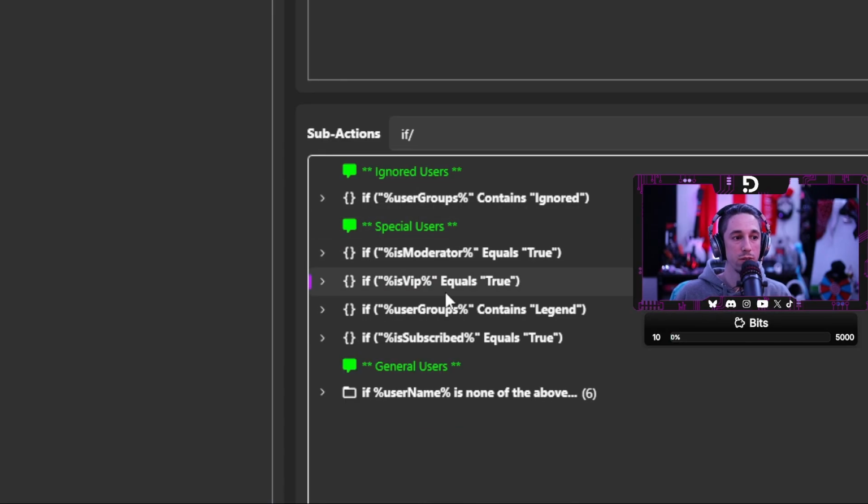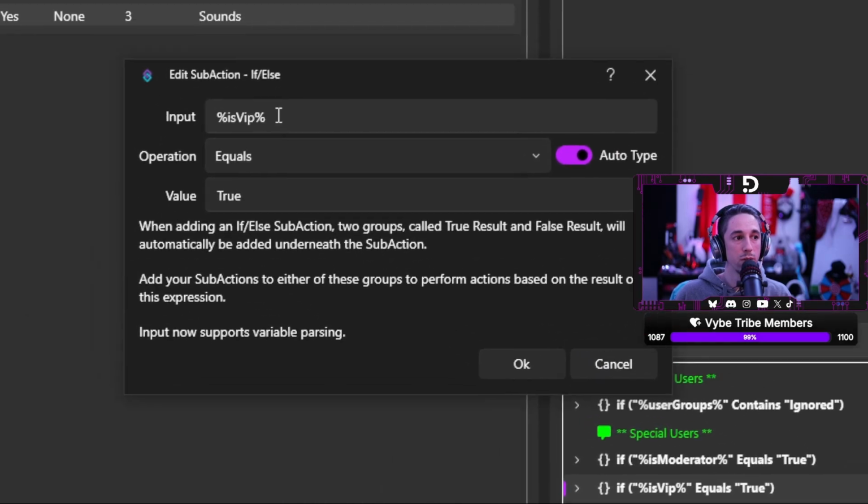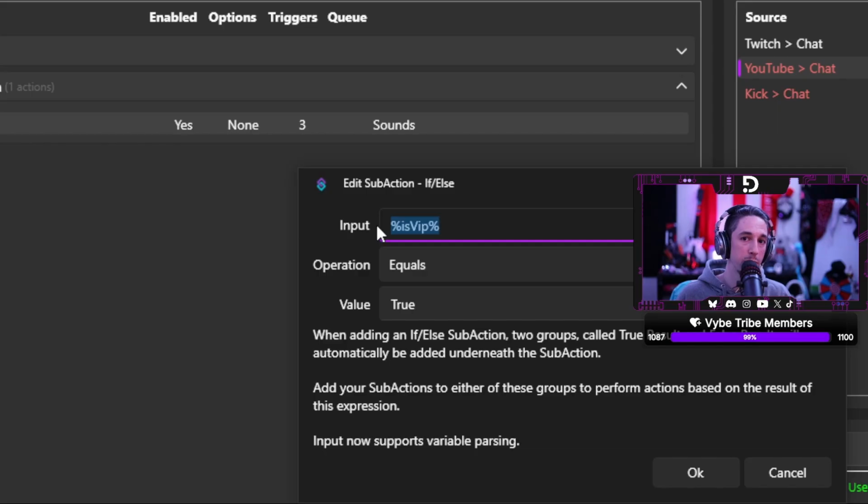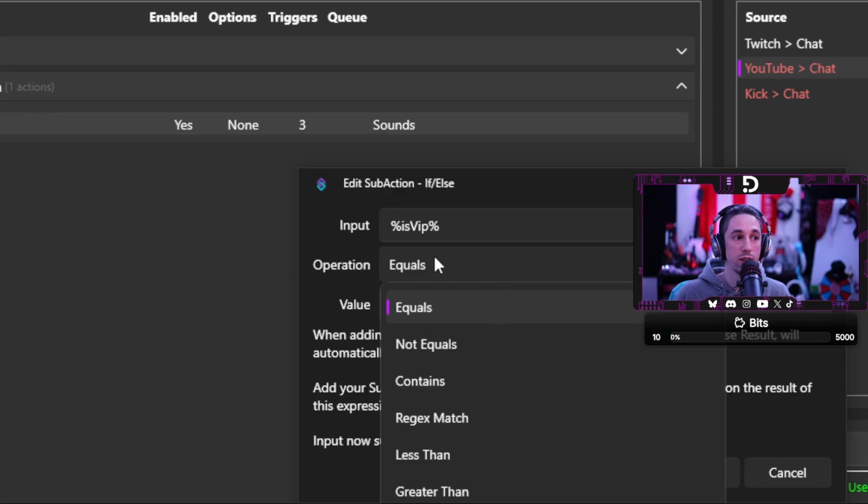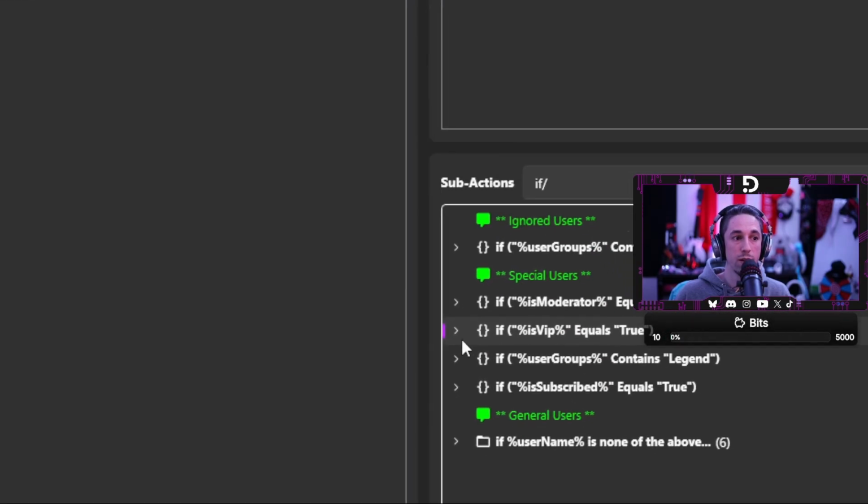Now let's move down to the VIP section. So if you double click on this, you'll see % is VIP, which is the value stored if they're a VIP in Twitch, I think Kick, and I don't think you can have VIPs in YouTube, but again, this is per the platform that has that. If they don't have that value stored on it, it's just going to ignore it and continue forward. This one is also set up as equals and true. So if they're a VIP,